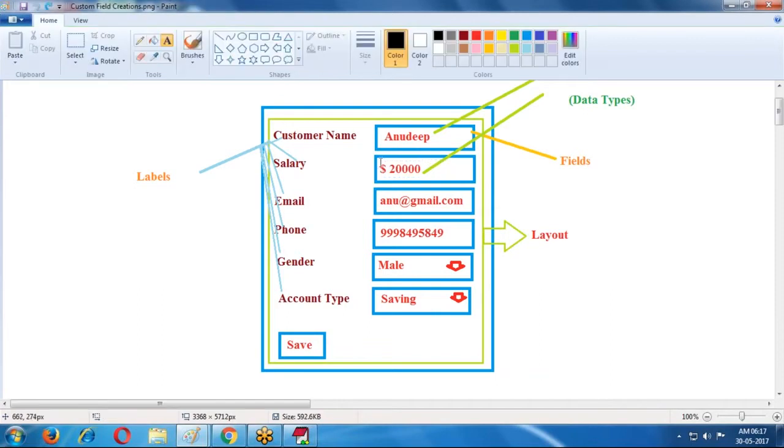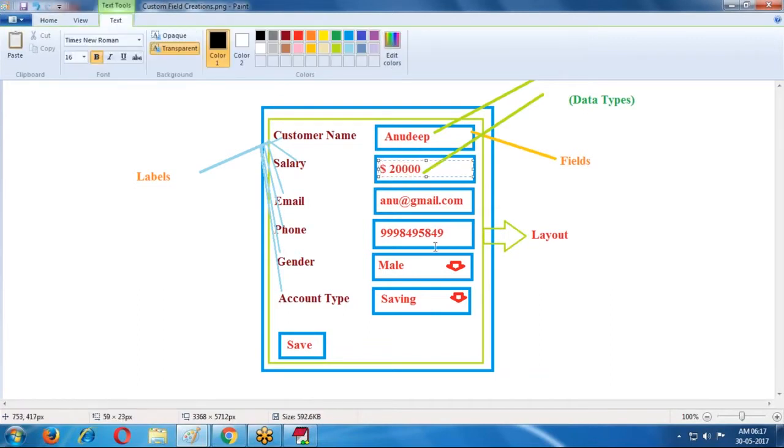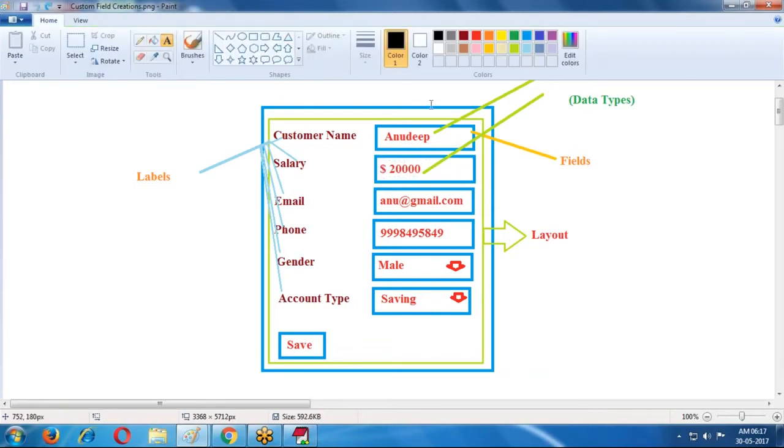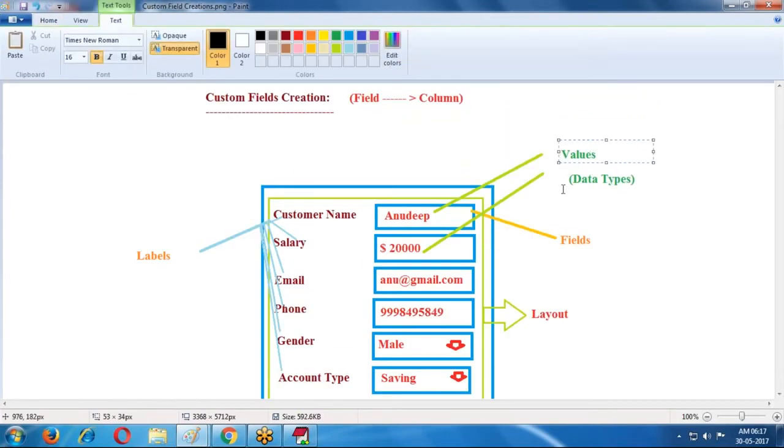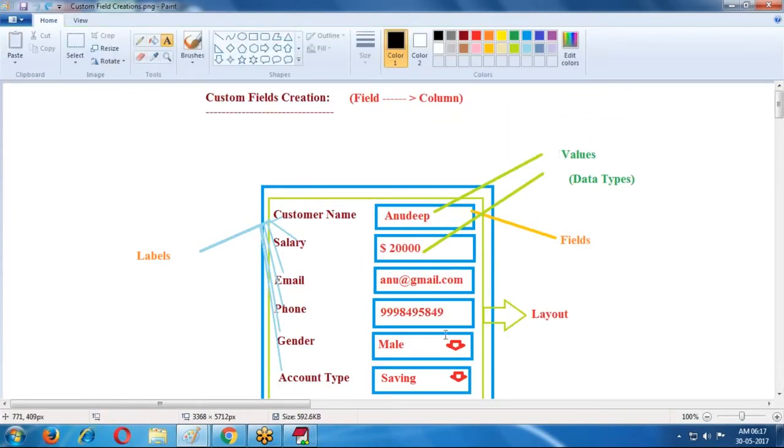What type of value? Some data type we are selecting, and such type of data only it is allowing. So for the values we require data types. What type of data is it going to store? For that, data types are required.